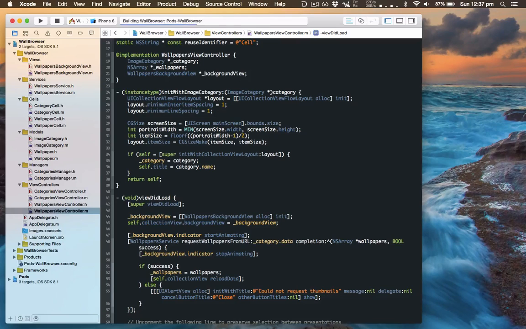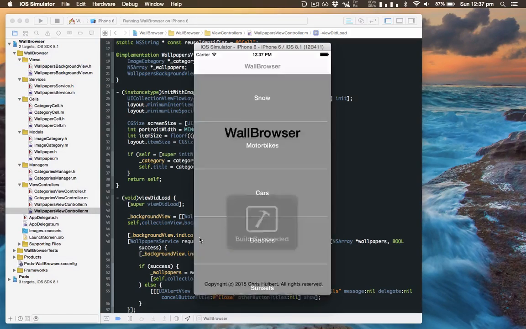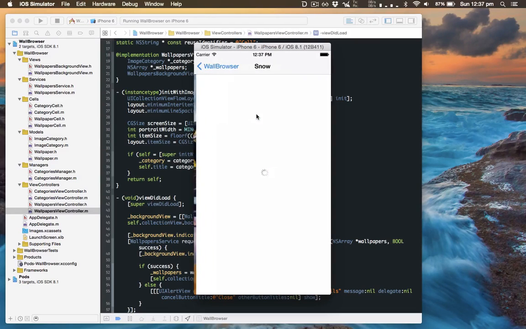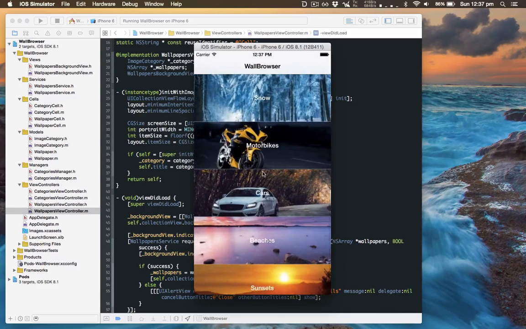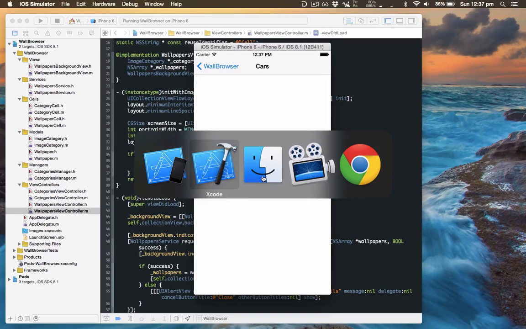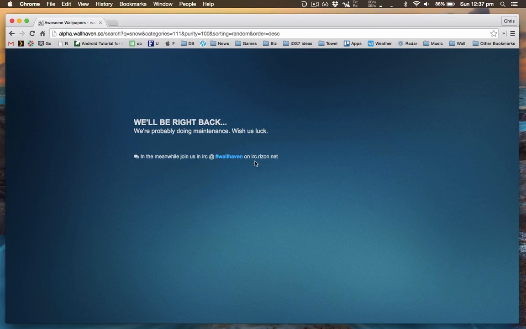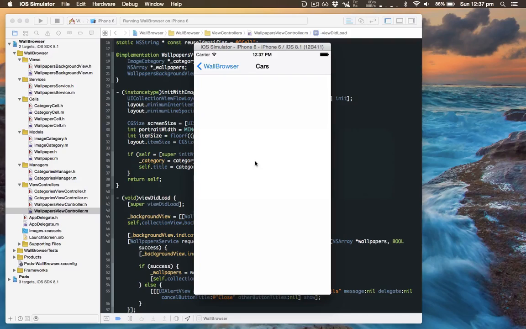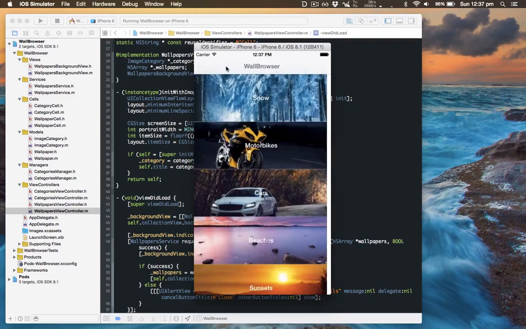Alright, let's run that and see what we get. You can see the indicator there briefly, and it all seems to be working. Now the reason once it completes we're not getting any thumbnails is because Wallhaven is actually down for maintenance right now, as you can see. So that's unfortunate, but